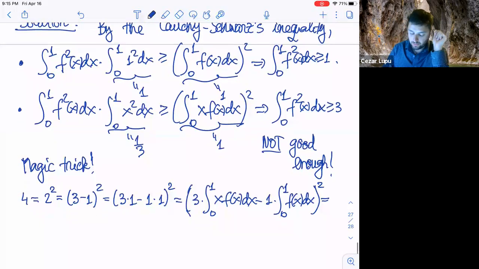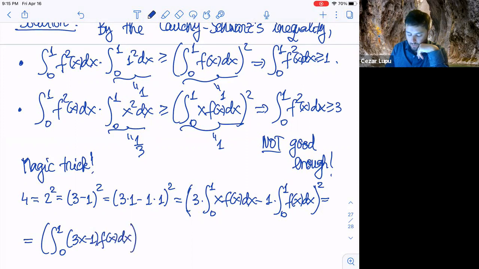And this will be equal to, if you do all this algebra here inside, the integral of (3x minus 1) f of x dx, squared. Wow, great. And now, by the Cauchy-Schwarz inequality,